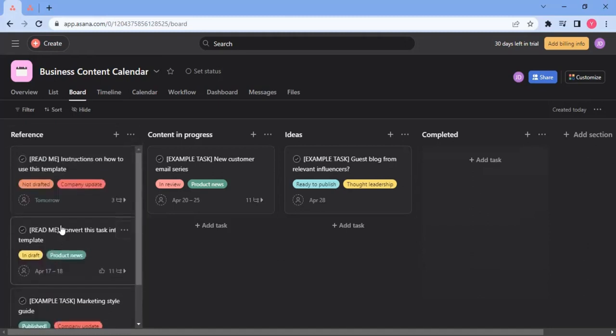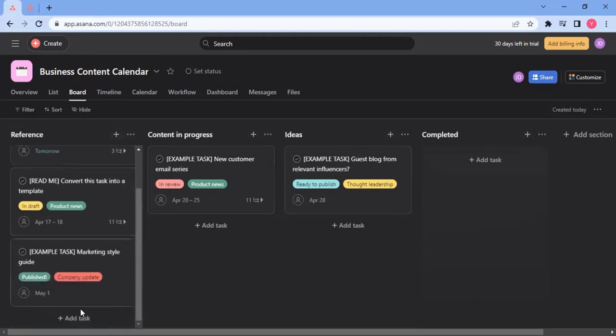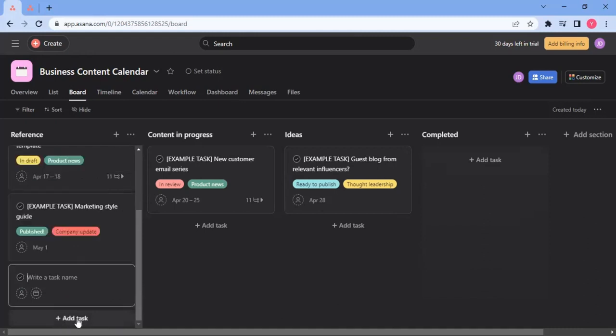And let's say that I want to create a task within. How do I do that? So if I click here, it will create a task within reference section. Similar to that, I could click on plus sign on any of the section. It will create the task within that section. You could either click on this plus sign, or within the section, you can scroll down and click here, add task. So I'm just going to go and click on this button, add task, and I'm going to call it